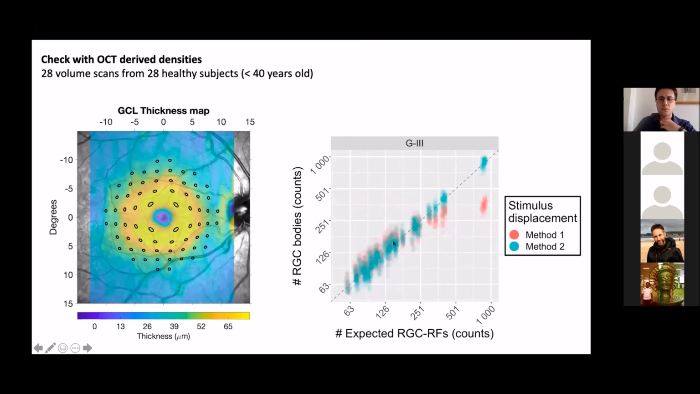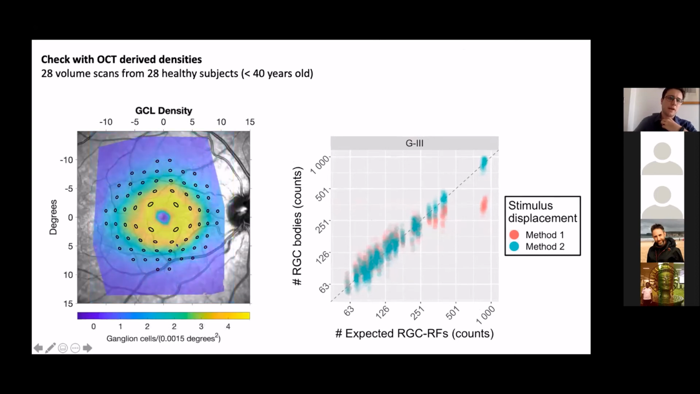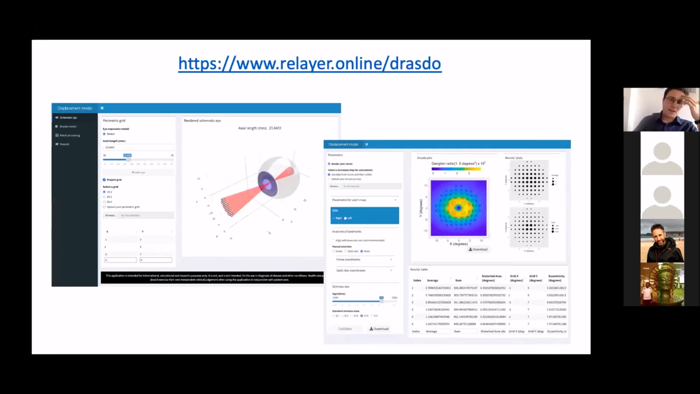The only difference is that we have a bit more noise, because these are actual data derived by converting the ganglion cell thickness map that you see here into an estimate of ganglion cell density. So some noise is expected, but essentially we see the same results reproduced with real OCT data. So you might say, well, wait a second, this sounds awfully complicated, but luckily,